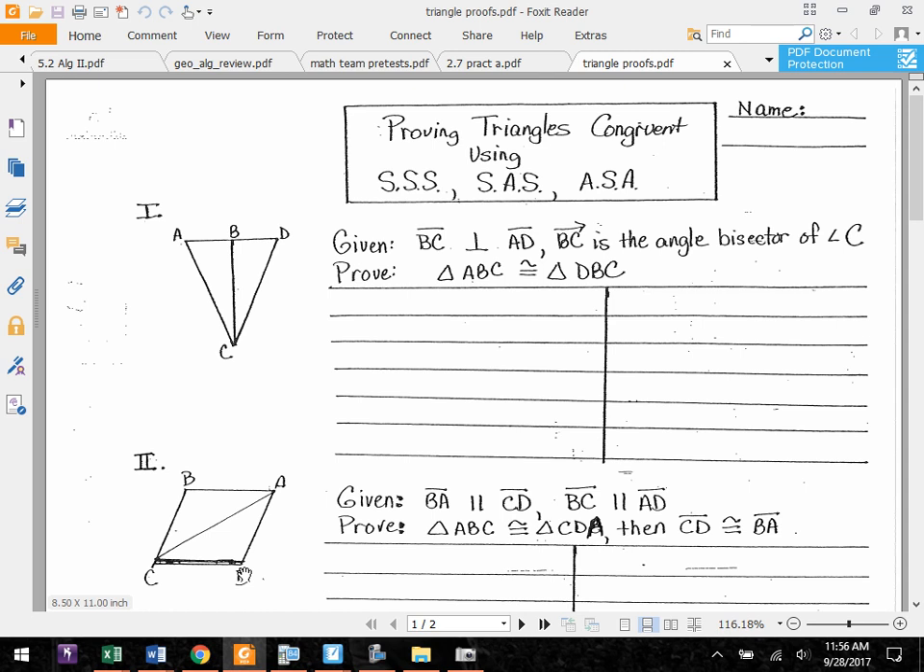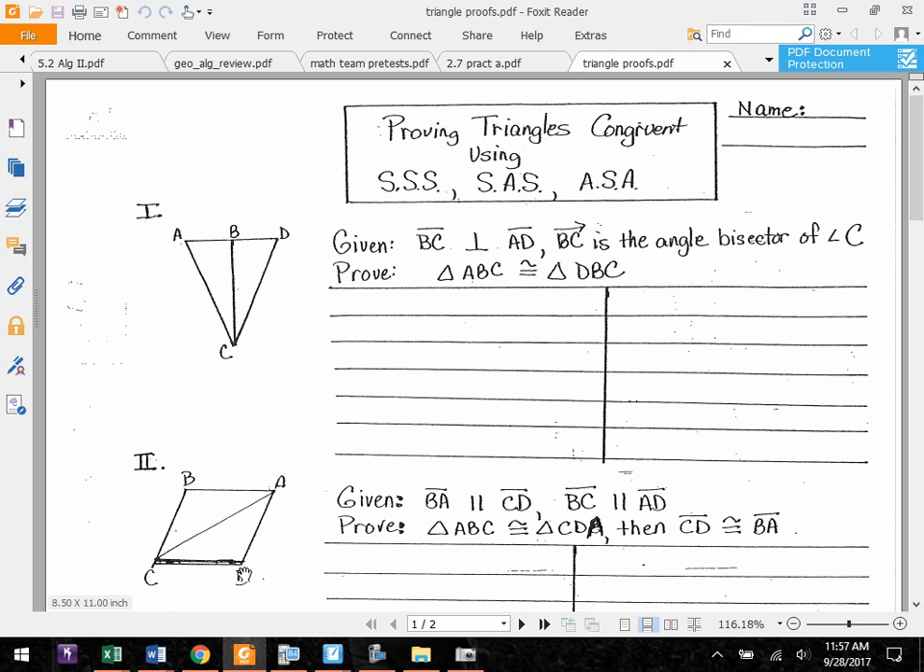They might look at something like this and be completely, totally overwhelmed. Given BC is perpendicular to AD, BC is the angle bisector of angle C, prove that triangle ABC is congruent to triangle DBC. And a lot of times students get completely and totally overwhelmed by what's